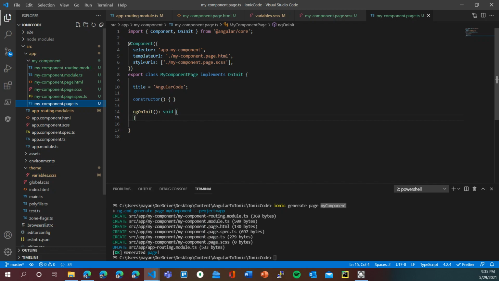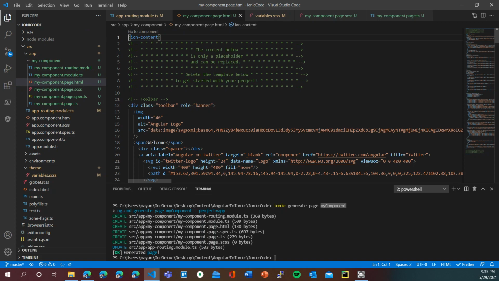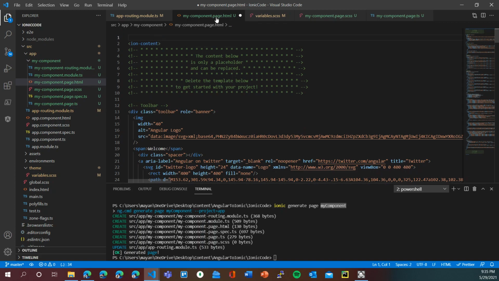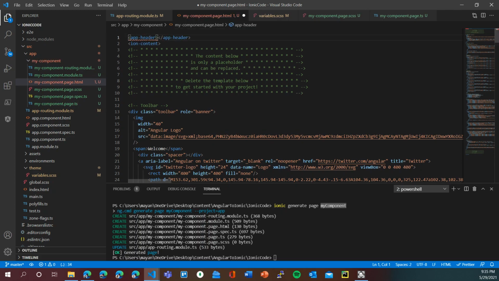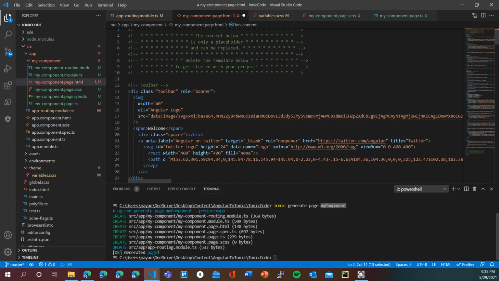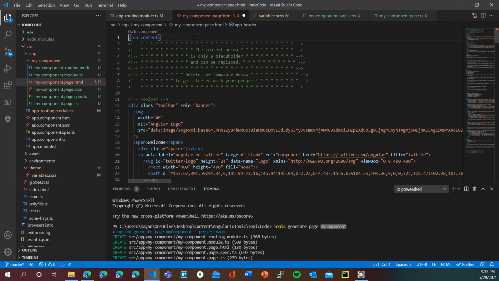Also, there is one more thing. If you want to add a navigation bar, you should put it on top of the ion content. That will make sure that your navigation bar always stays on top of the screen. So if you create a header component, then you should put it over here, not inside ion content. Otherwise, when someone scrolls down, the header would go out of the screen. But if you keep it like this, then the header always stays at the top. So that is it for the Ionic part, how to convert your code from Angular to Ionic.